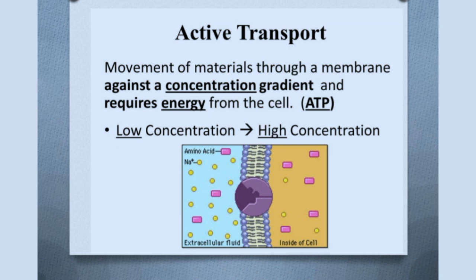You know that in diffusion there is movement from higher concentration to lower concentration, so it is passive transport. But in active transport it is opposite. There is a movement from lower concentration to higher concentration, so it requires energy from the cell. It is called active transport. Active transport also requires the participation of special membrane proteins that help to transport substances.